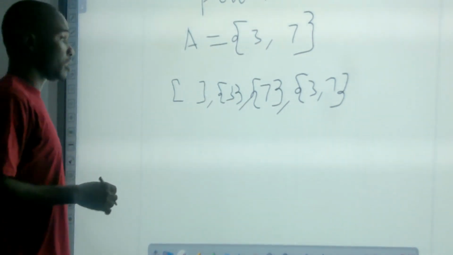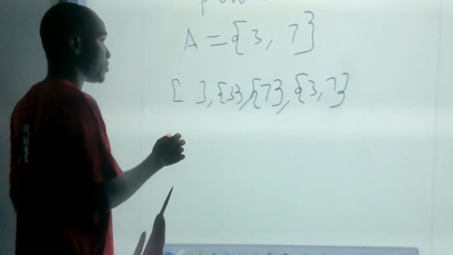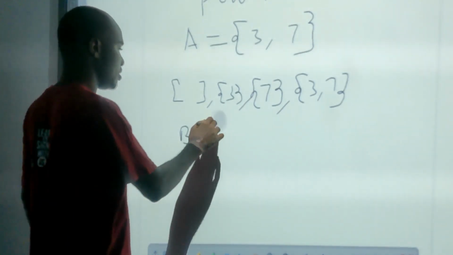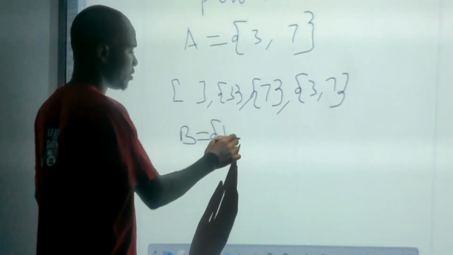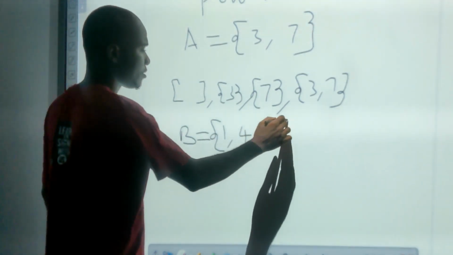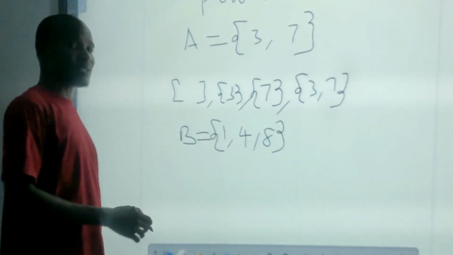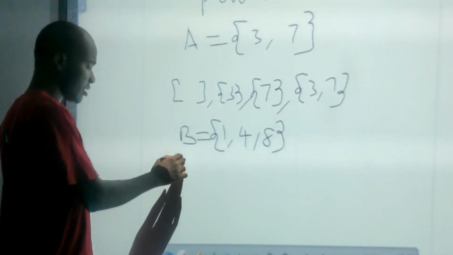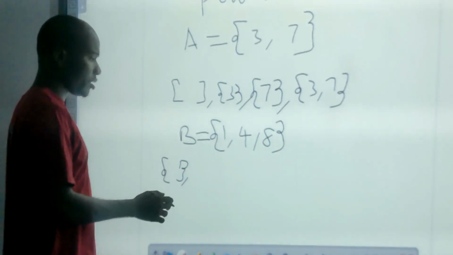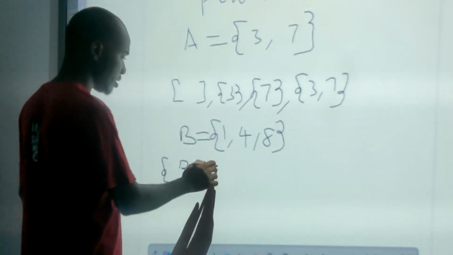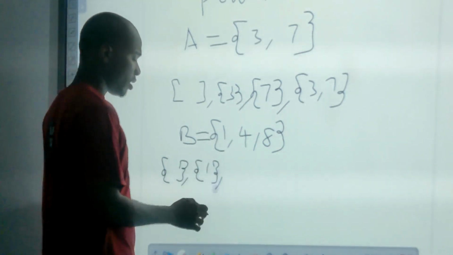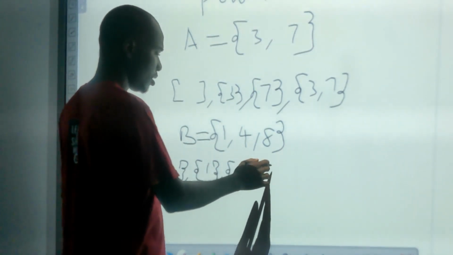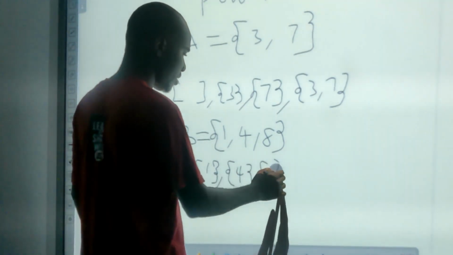We can as well say power set of B. Let's say you have a set B, and set B now has elements 1, 4, and 8. The power set of set B will actually go this way: the empty set, a set that has 1 as an element, a set that has 4 as an element, a set that has 8 as an element,